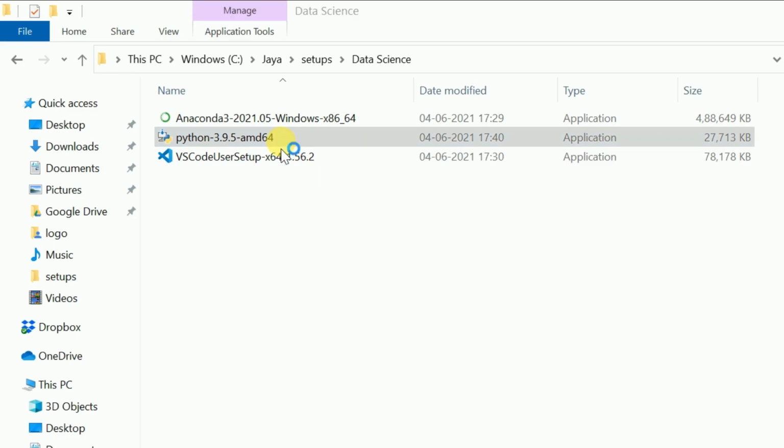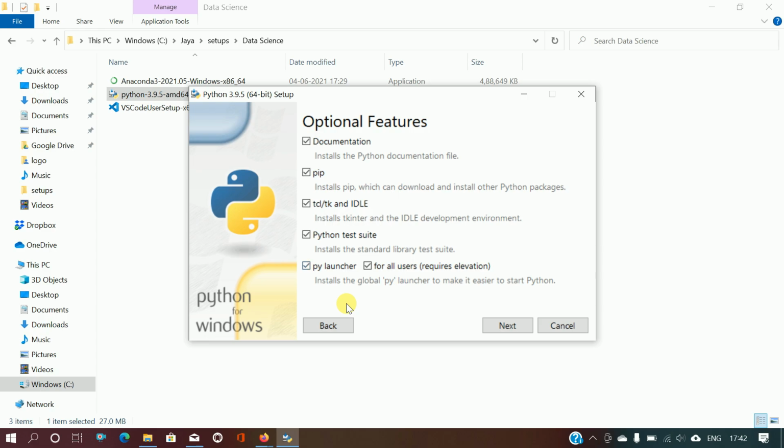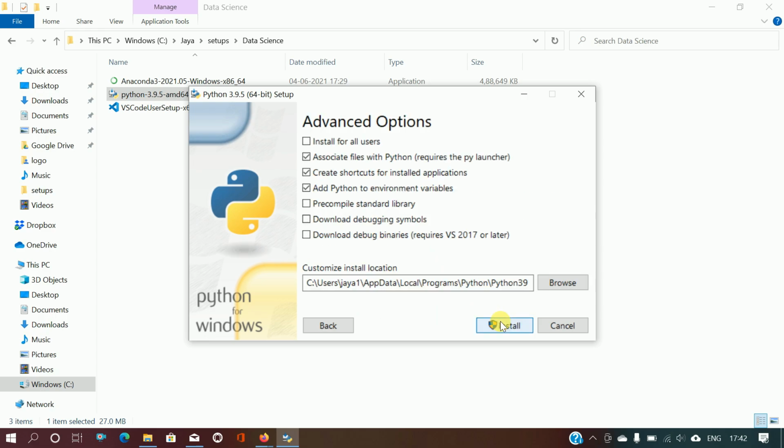To install Python 3.9 in our system, we will go for customize installation and add Python to our path. Then we'll click next and install it for all users. Rest of the options are same, and then we click on install.